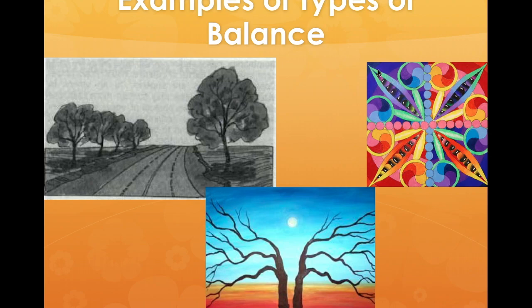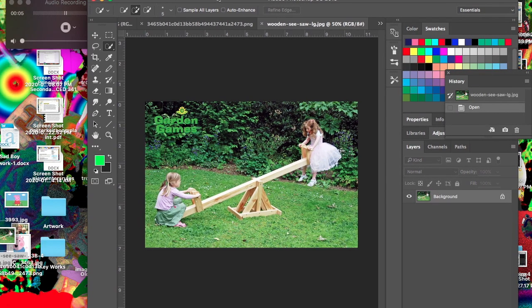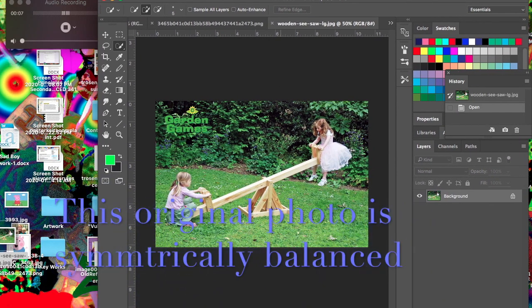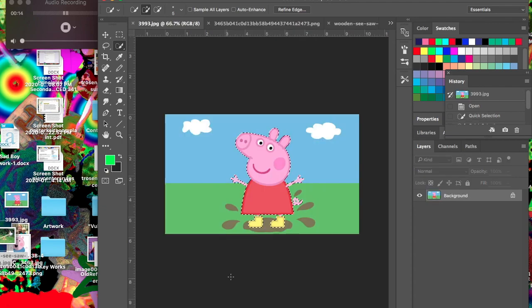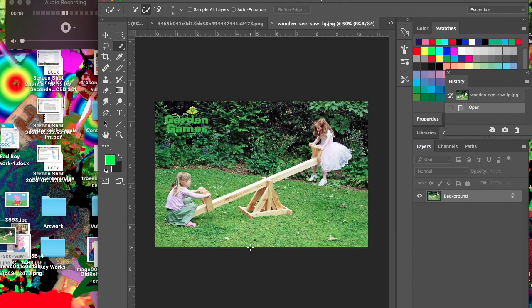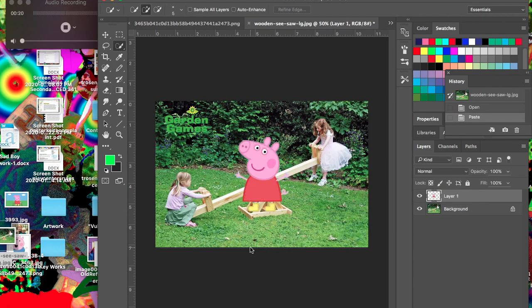So now that we've talked about emphasis, space, and balance, I want to show you some examples with some cartoon characters and some real-world examples. So I'm going to open up my Photoshop. If I take a look,